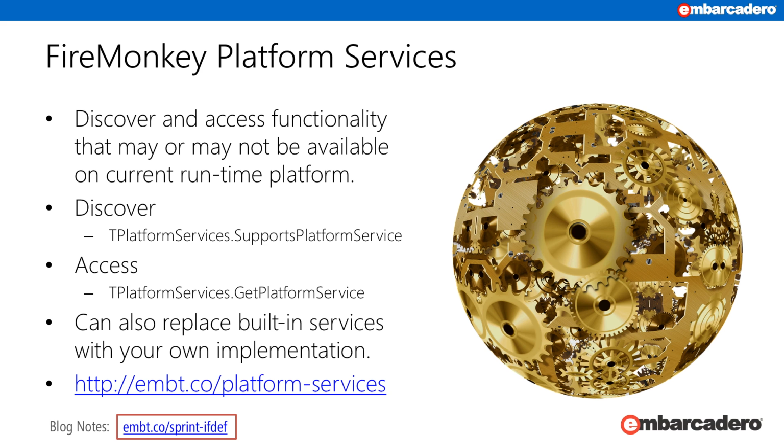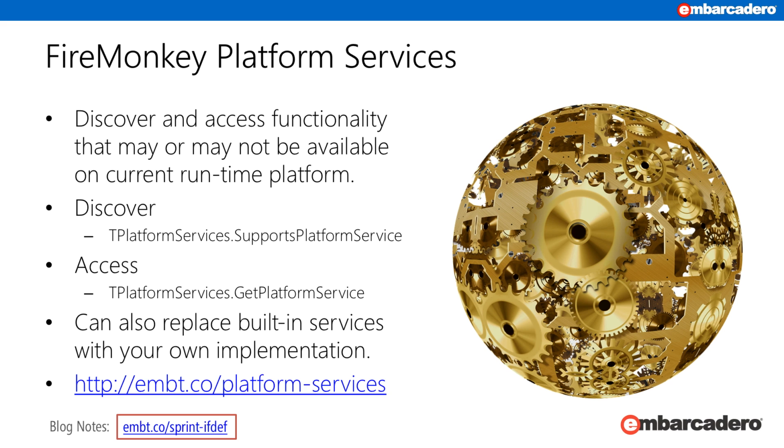So let's talk about the FireMonkey platform services. The platform services are accessed through TPlatformServices. You can use platform services to determine if features or functionality are available on a certain platform, or the runtime for that platform. So you can discover it right here, TPlatformServices.SupportsPlatformService, and check to see if things exist, like for example, keyboards or clipboards or whatever it happens to be. Then you can access the specific features with